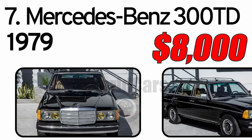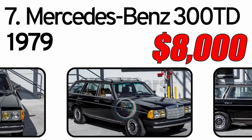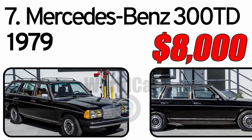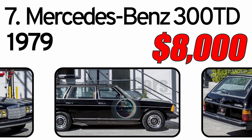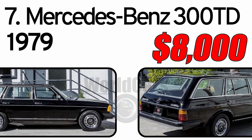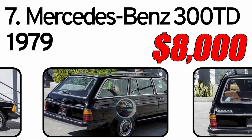Number 7. Mercedes-Benz 300 TD, 1979 year of issue. Equipped with an automatic transmission, inline-5 engine, power-assisted steering, single exhaust outlet, disc brakes, sunroof, body side moldings, four-spoke steering wheel, power windows,